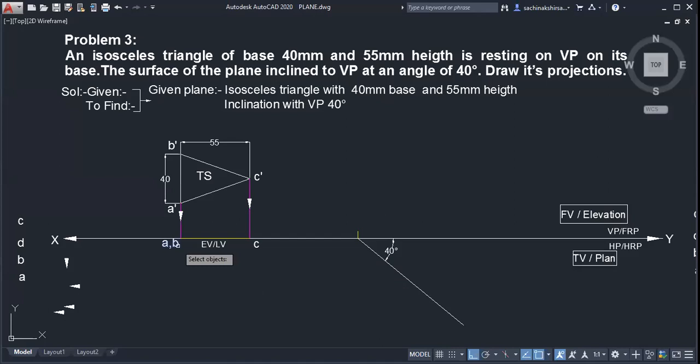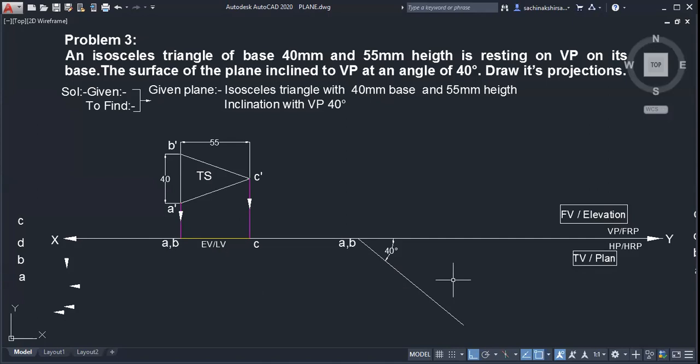Just we are rotating now its line view. This point should be point AB. Any random point you can take. This should be AB. Now, as usual, this 40 degree line we have drawn. Now you can take a distance in the compass and mark it on this 40 degree line. Which distance are you going to take?